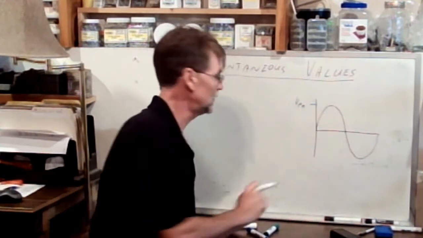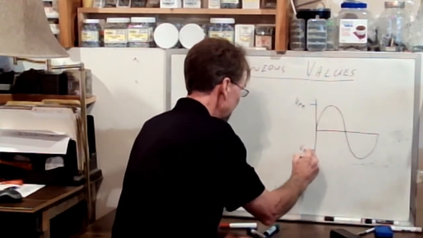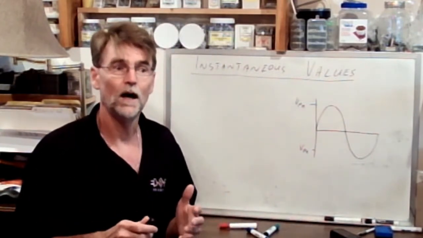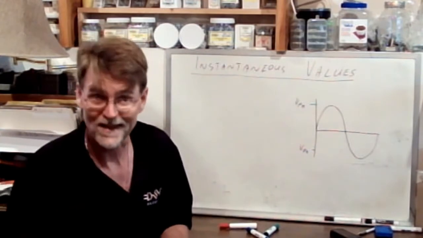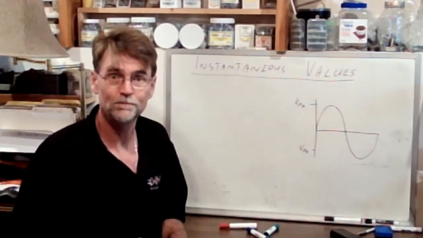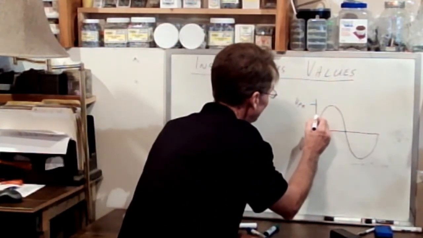There's a positive V peak, and down here we have a negative V peak. But in fact, when calculating Ohm's law, for example, we don't use the peak value of voltage. We use what's called, and I'm going to put it right in here somewhere,